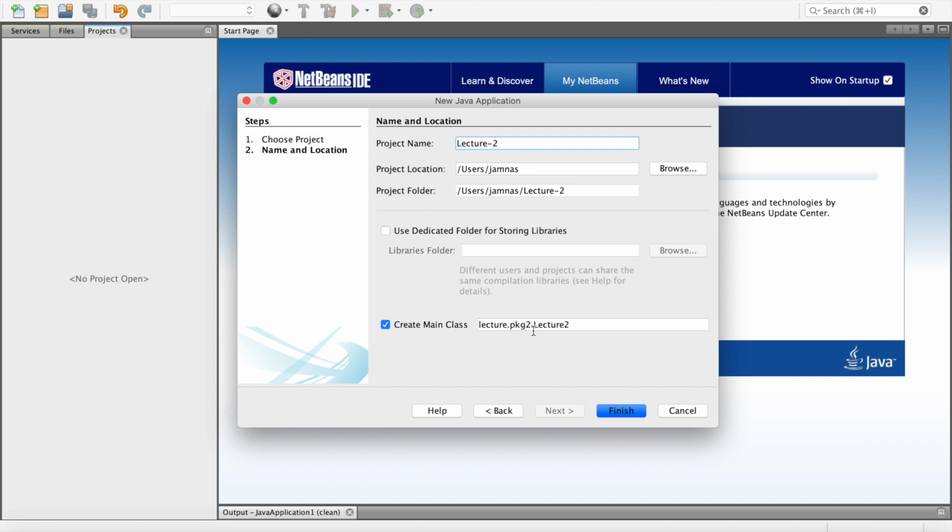Lecture package 2 dot lecture 2, or we can simply change this name to hello. So this is the package name. In later classes we will see what a package is and how to make it, but for the time being we can ignore it. A package is just a folder you can consider. If we are putting one code in one folder, then we have to name this.